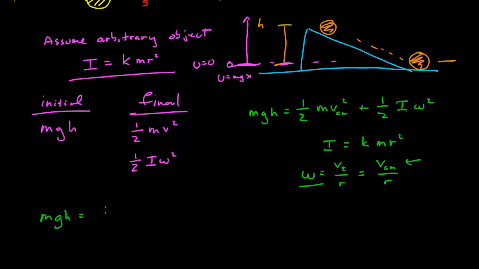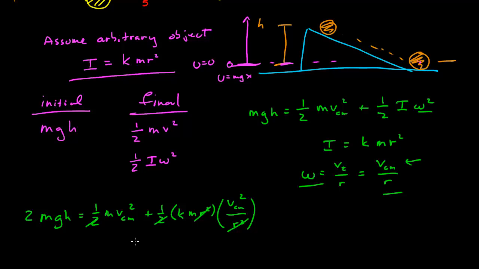mgh is equal to 1/2 m v center of mass squared plus 1/2 k m r squared times omega squared, which is then velocity of the center of mass squared over the radius squared. Okay, so the r's cancel, and I can pull out a factor of 1/2. I'll multiply both sides by 2. The m's cancel, and so this gives me